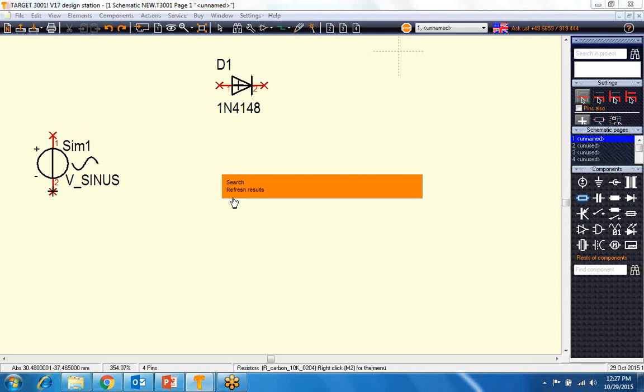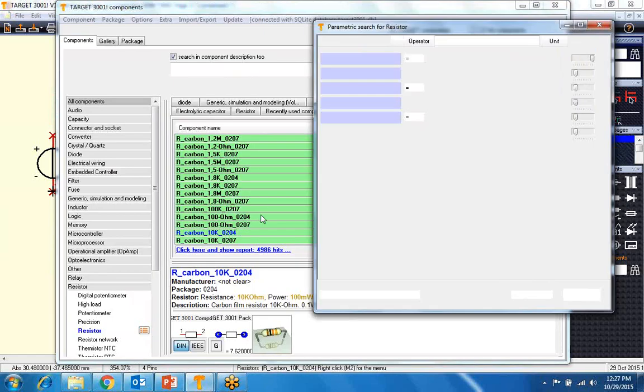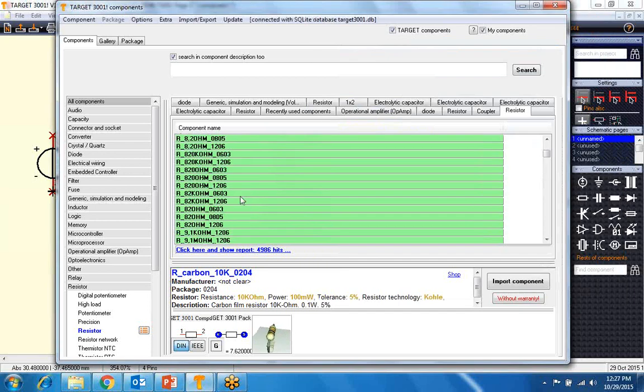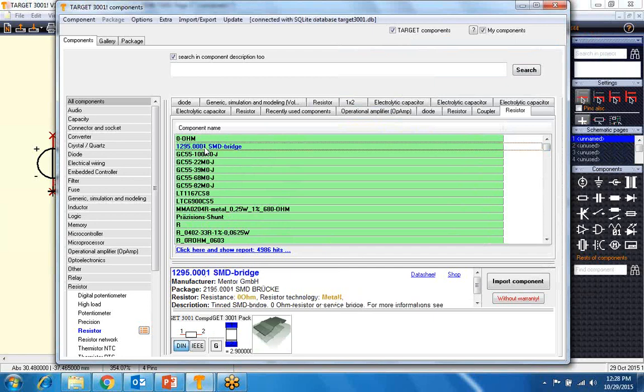One resistor. The DIN type package and IEEE package both are available. You can have any package.